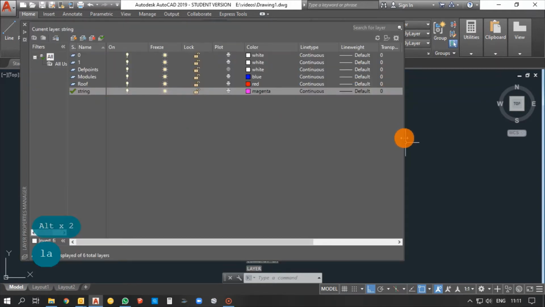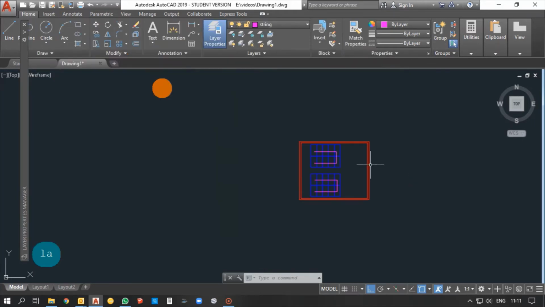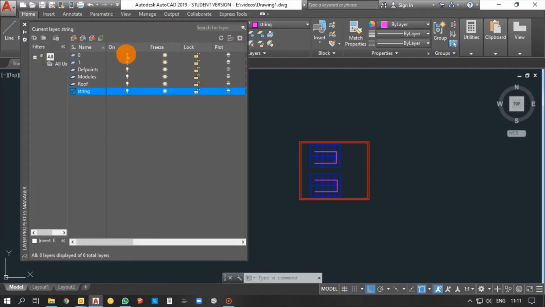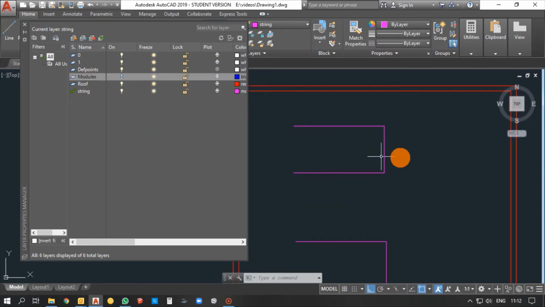So we can see. Let's minimize it. So the first option is on and off. In case you want to turn a particular layer on or off, you can. So you can see I'm on. The modules are off, so you cannot see the modules in the diagram.